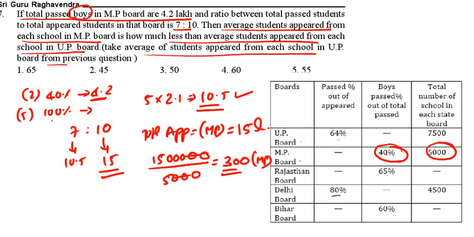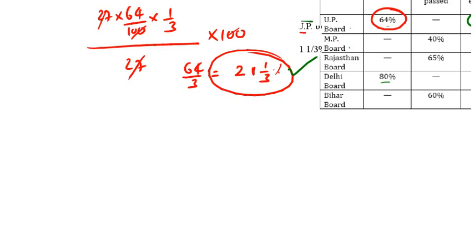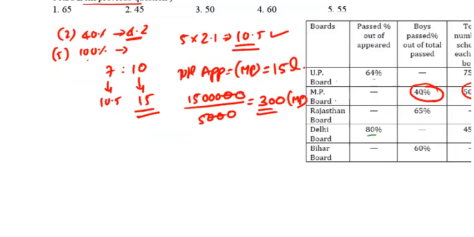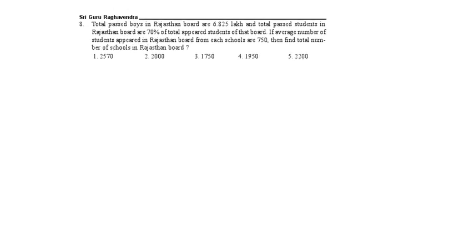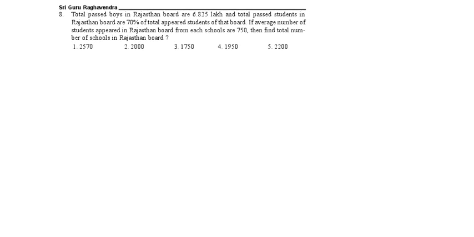So what is the correct answer? X value is equal to 6. That is our correct answer. 6 hours is the correct answer. Find the value of X, that is 6 hours. See the next question.